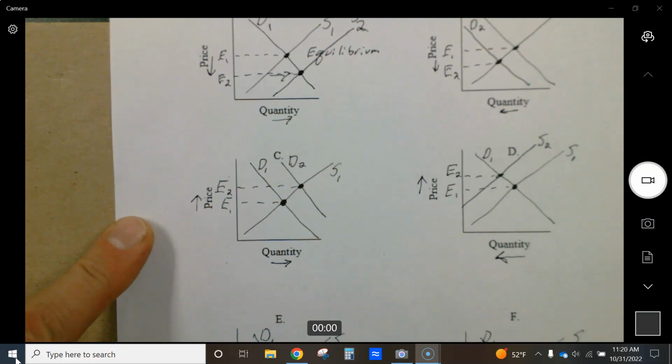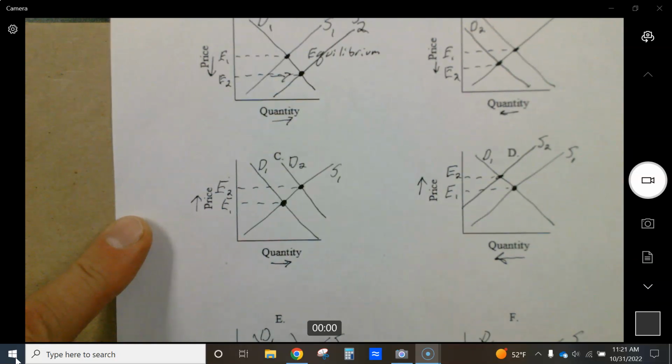And if the trend is that they're painting more often, what are they demanding? More or less quantity? In this case, more. So we're going to shift demand to the right, D2. And then logically it follows that the price would go up because they're demanding more